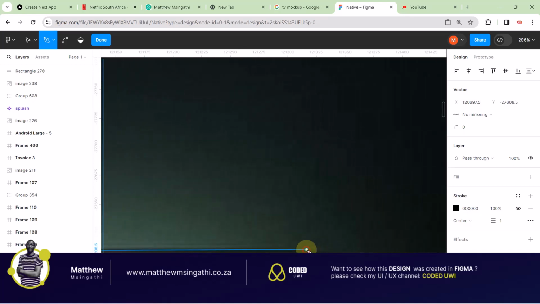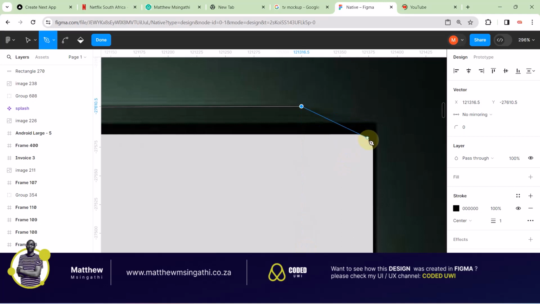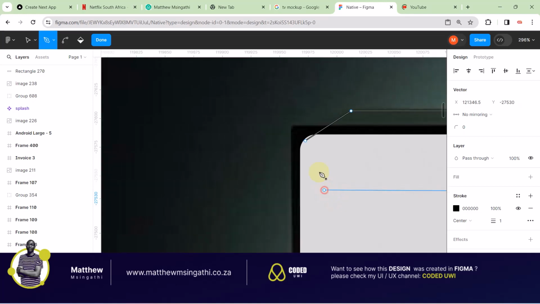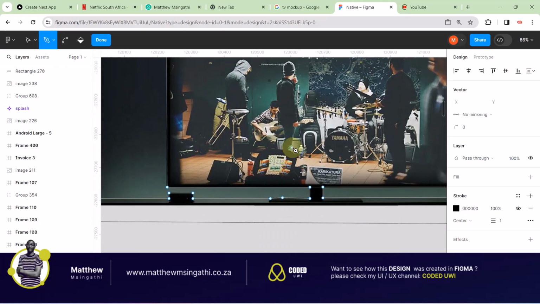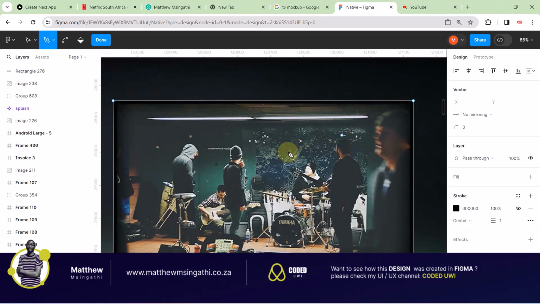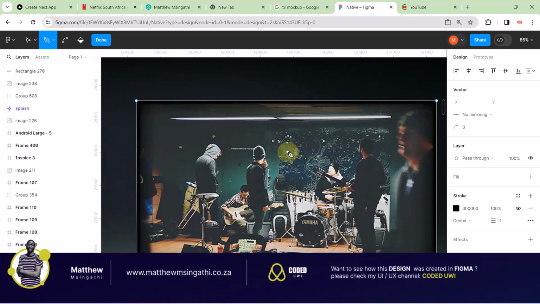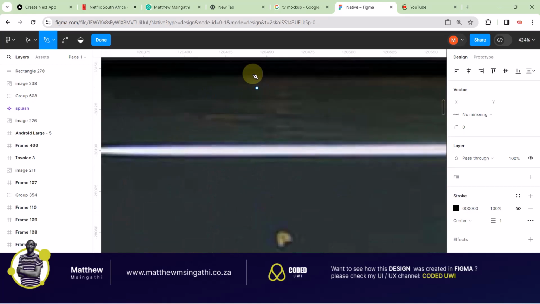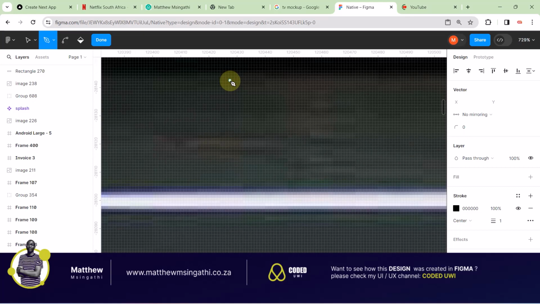And then I'm going to end this here. So these are two shapes, as you can see. There's shape 1 and shape 2. Cool beans. And then what I want to do, since this picture is